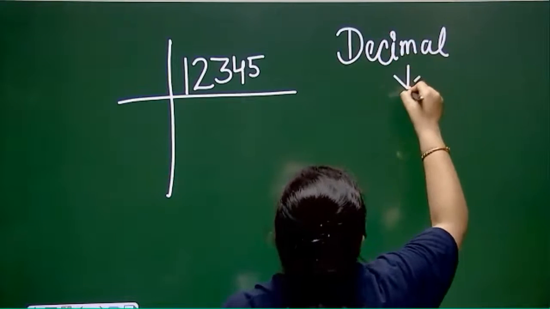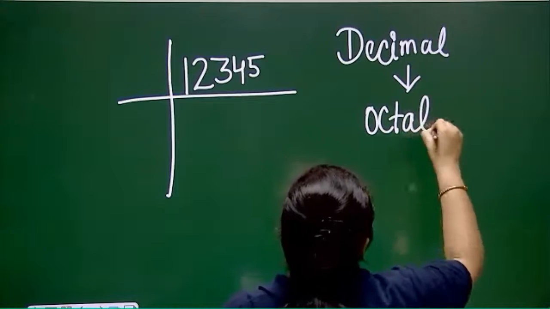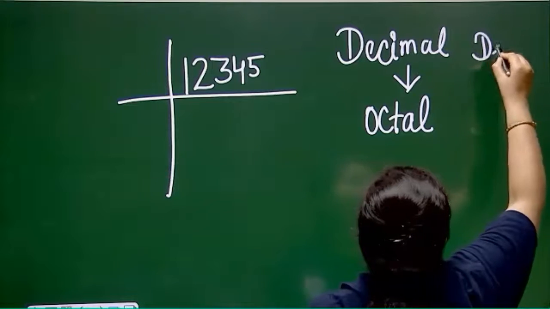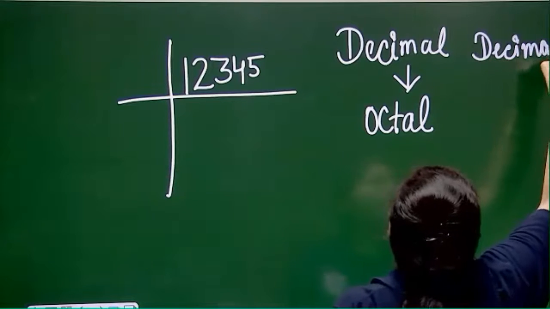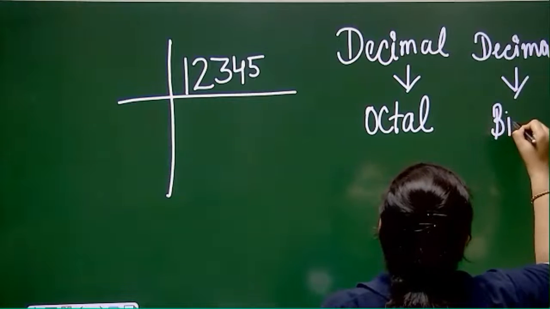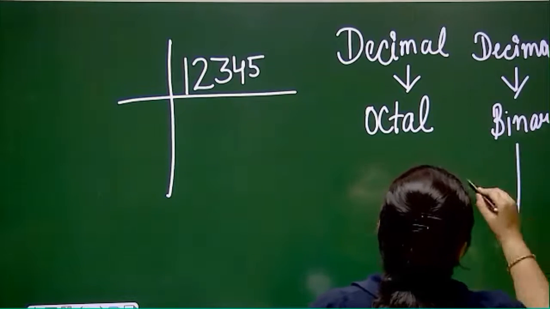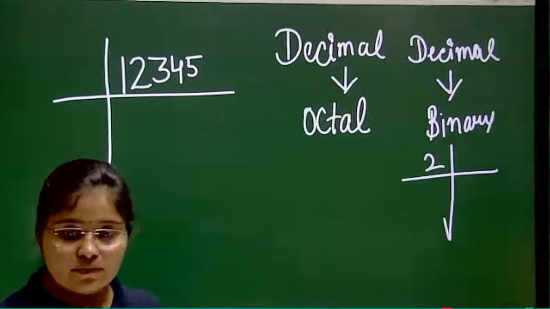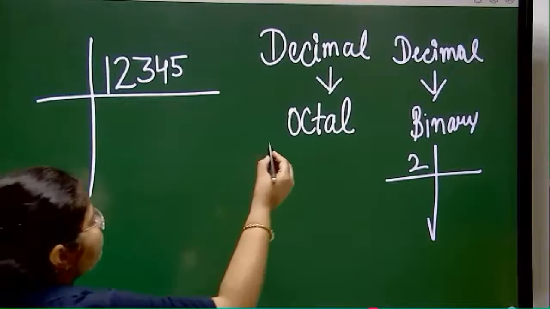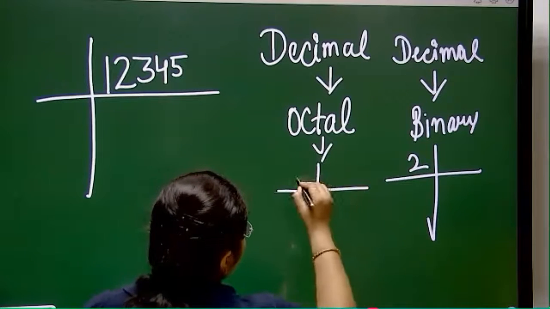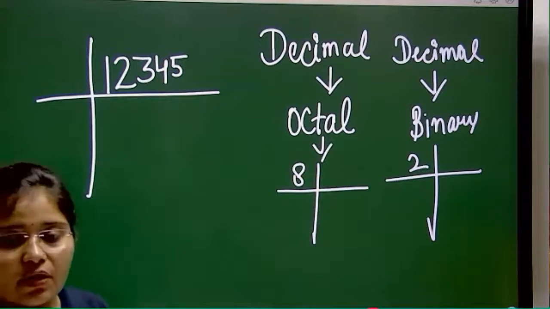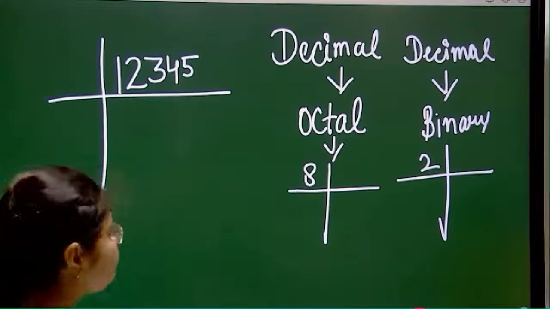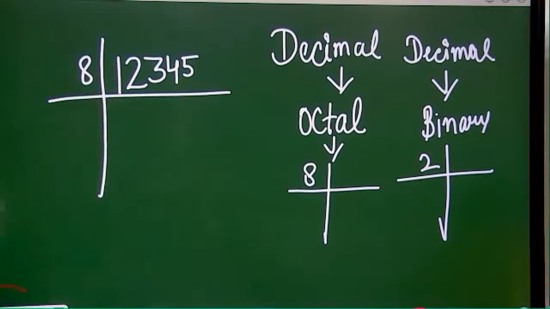Okay. If you want to convert any number from decimal to octal, what do you have to do? Division method. If you remember, when we were converting decimal to binary, for that we used divide by 2. Okay, because the base value of binary is 2, right? But if we want to convert decimal to octal, same division method but divide by 8, because the base value for octal is 8.